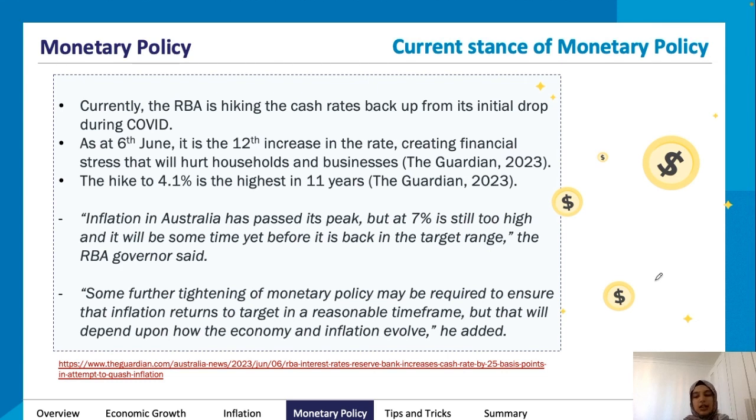for their constant and consecutive increases in the rate. I think the last one that they had, they kept it the same, which was in June, I think. Don't quote me on that. The hike to 4.1% is the highest in 11 years. So it's not expected, and the economy is not really used to having such major increases in the rate consecutively,